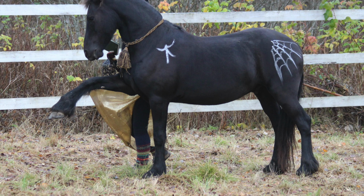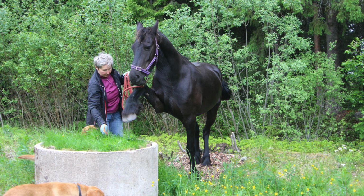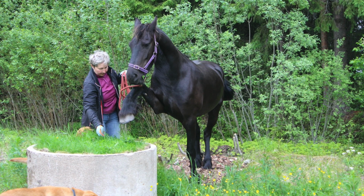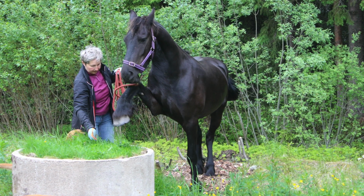So one of the ways of teaching the horse is also using some sort of platform or stool or podium where you can ask the horse to lift the leg or place the leg on it. The height of the platform initially can be very, very low, and then gradually you can increase it up to 150 centimeters in height. So what it does is it helps the horse gradually stretch the muscles, build the muscles,